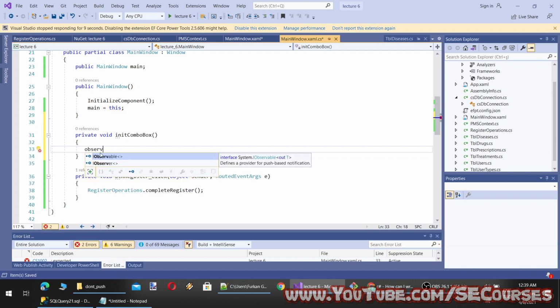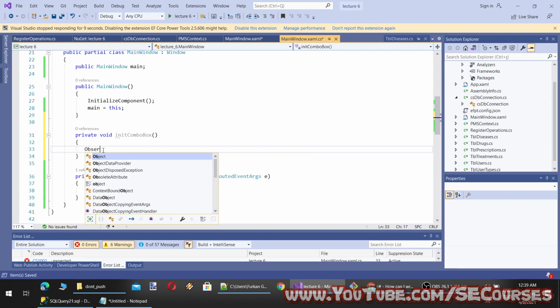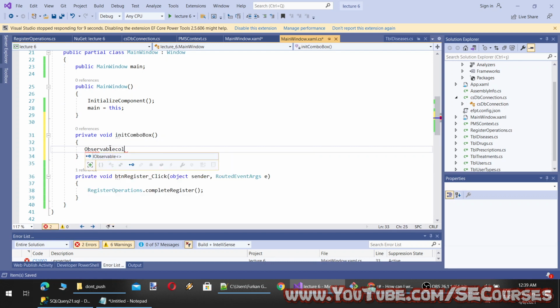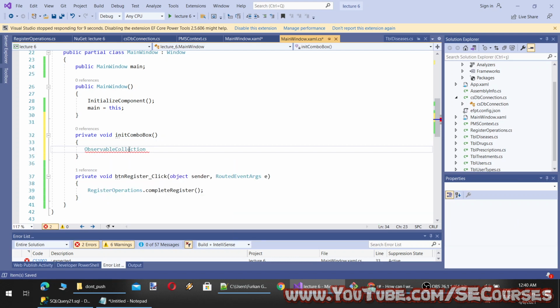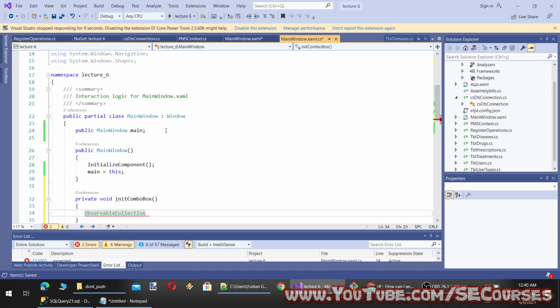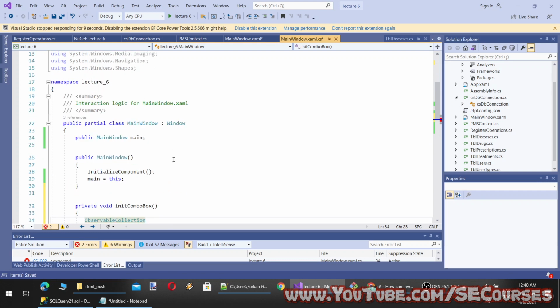Observable collection. Probably it is not available. Yeah, it has added a reference perhaps.